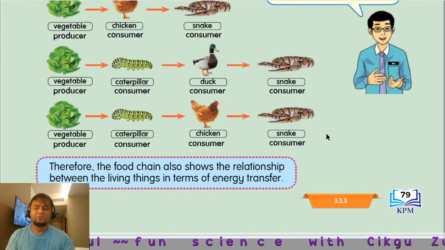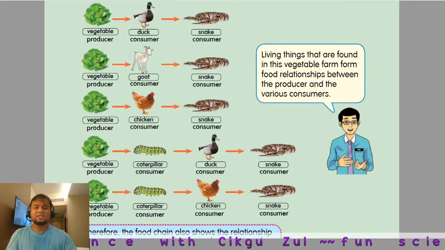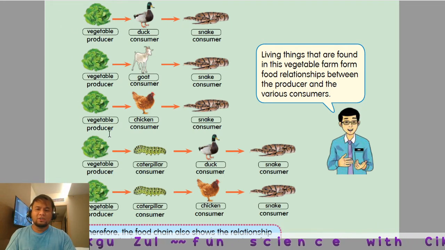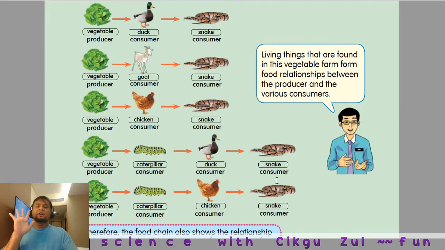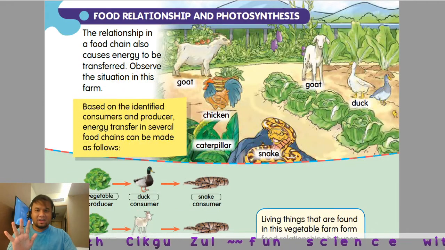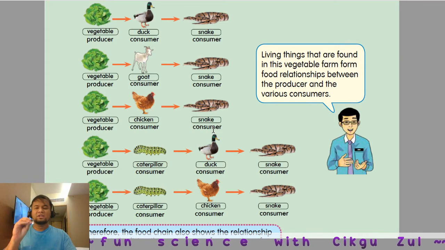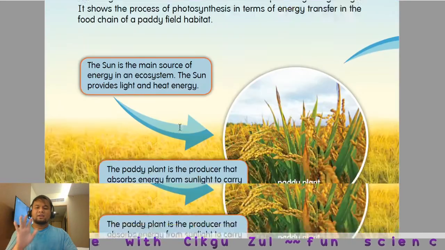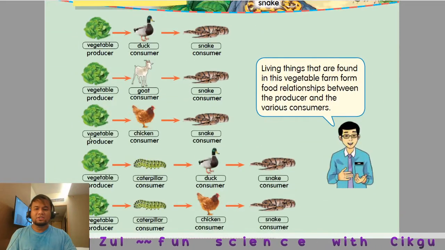Okay, ada berapa food chain? 5, betul? Okay, cikgu kecilkan sekejap. Okay, number 1, number 2, 3, 4, and 5. We can construct 5 food chains. Understand? In this habitat. Dalam satu habitat tu, kita berjaya membina 5 rantai makanan, food chain. Okay, kita akan tengok macam mana energi daripada semua ni